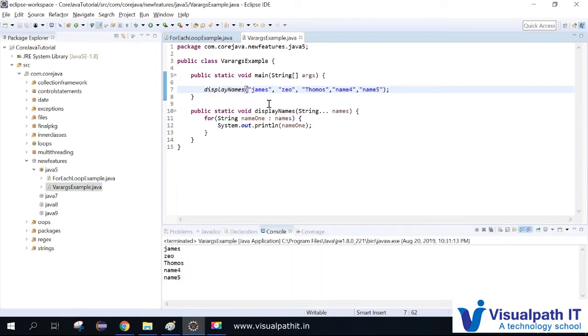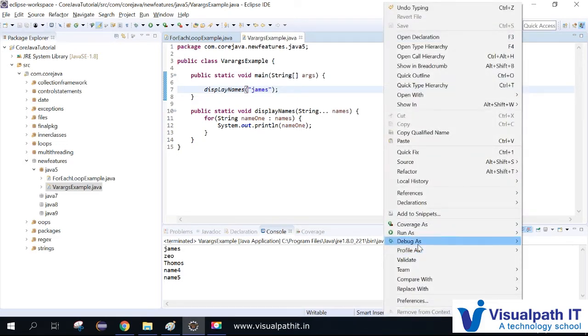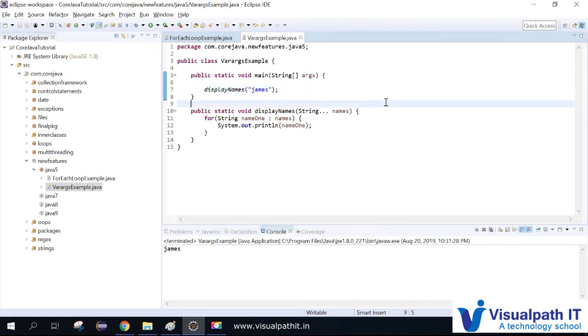See, there is no limit if you are using varargs. You can have n number of elements. Even if you want to pass one element, it will pass. It allows you to pass one or more elements in an optional way. That is the major benefit of using varargs.